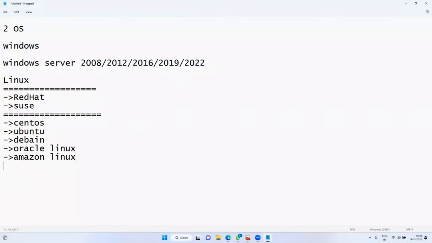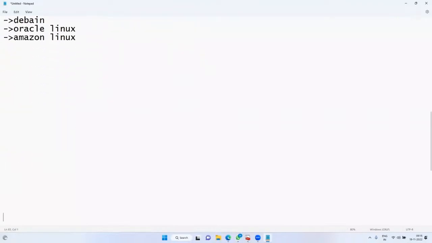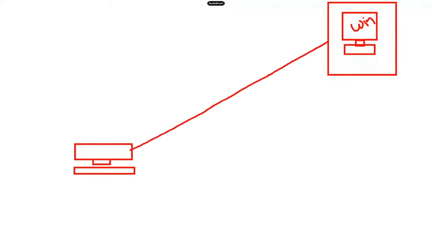Now, you people tell me, this is the virtual machine I have created, Windows Server. This is my laptop, and I want to connect to this virtual machine. To connect, we have to use a protocol called RDP, Remote Desktop Protocol.